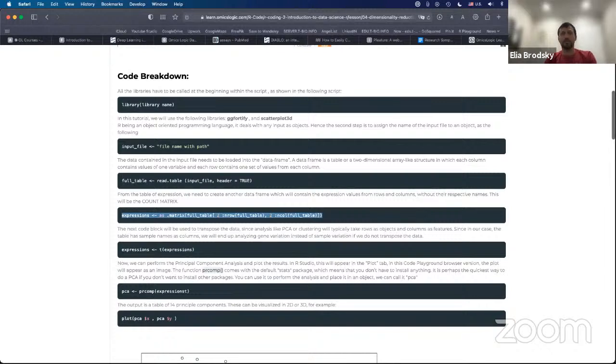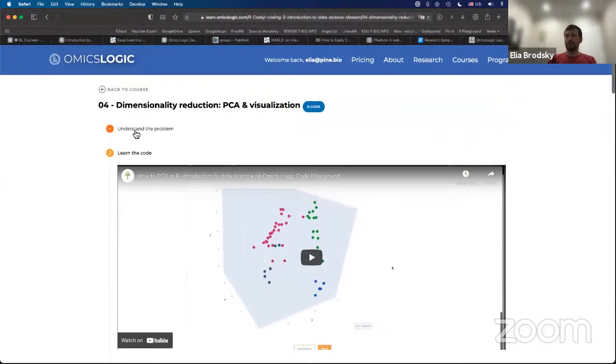Okay, can anyone tell me what is the difference between a matrix and a data frame? Aditayo, thank you. A matrix has only one data type, numeric, and a data frame has different data types. Excellent. So as we saw, this file contains